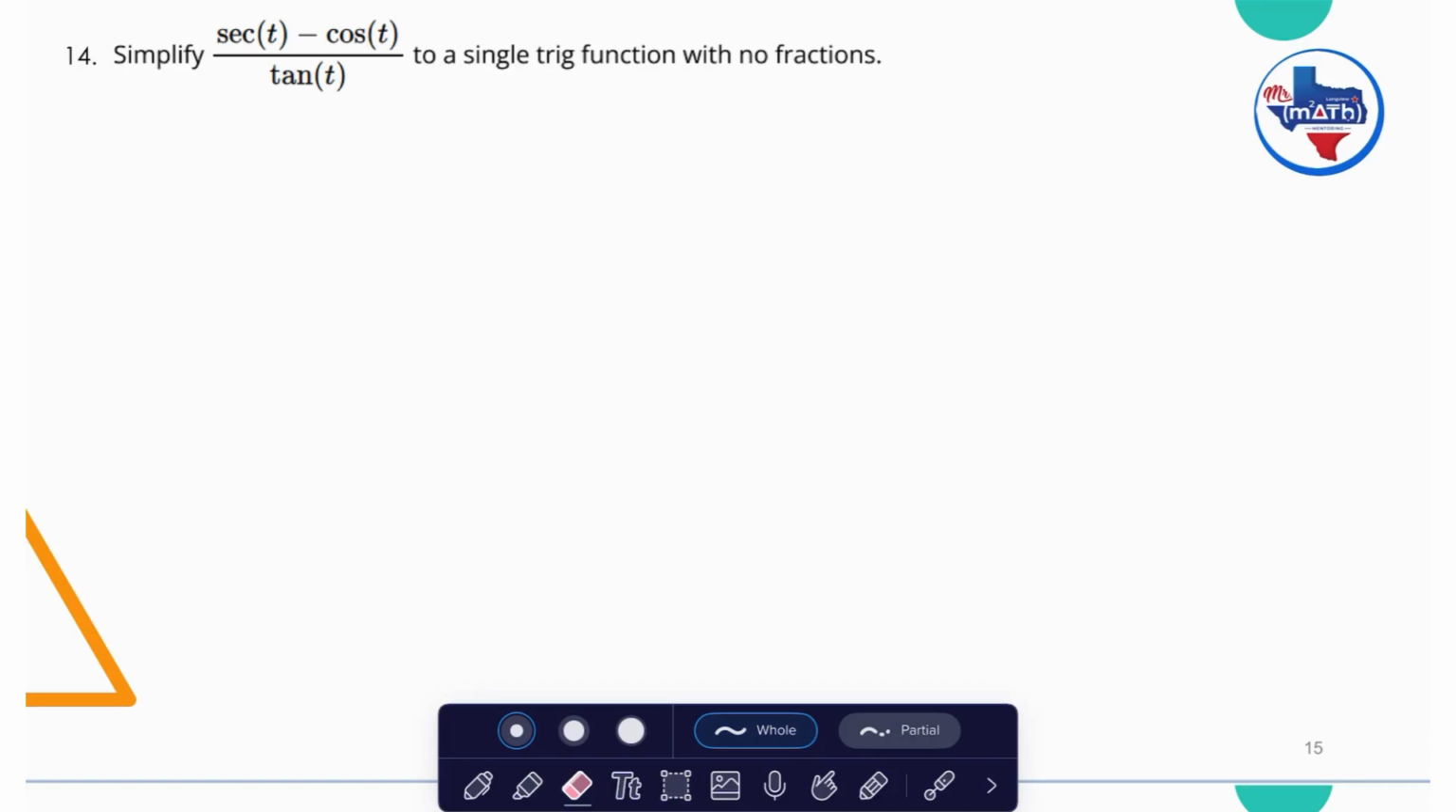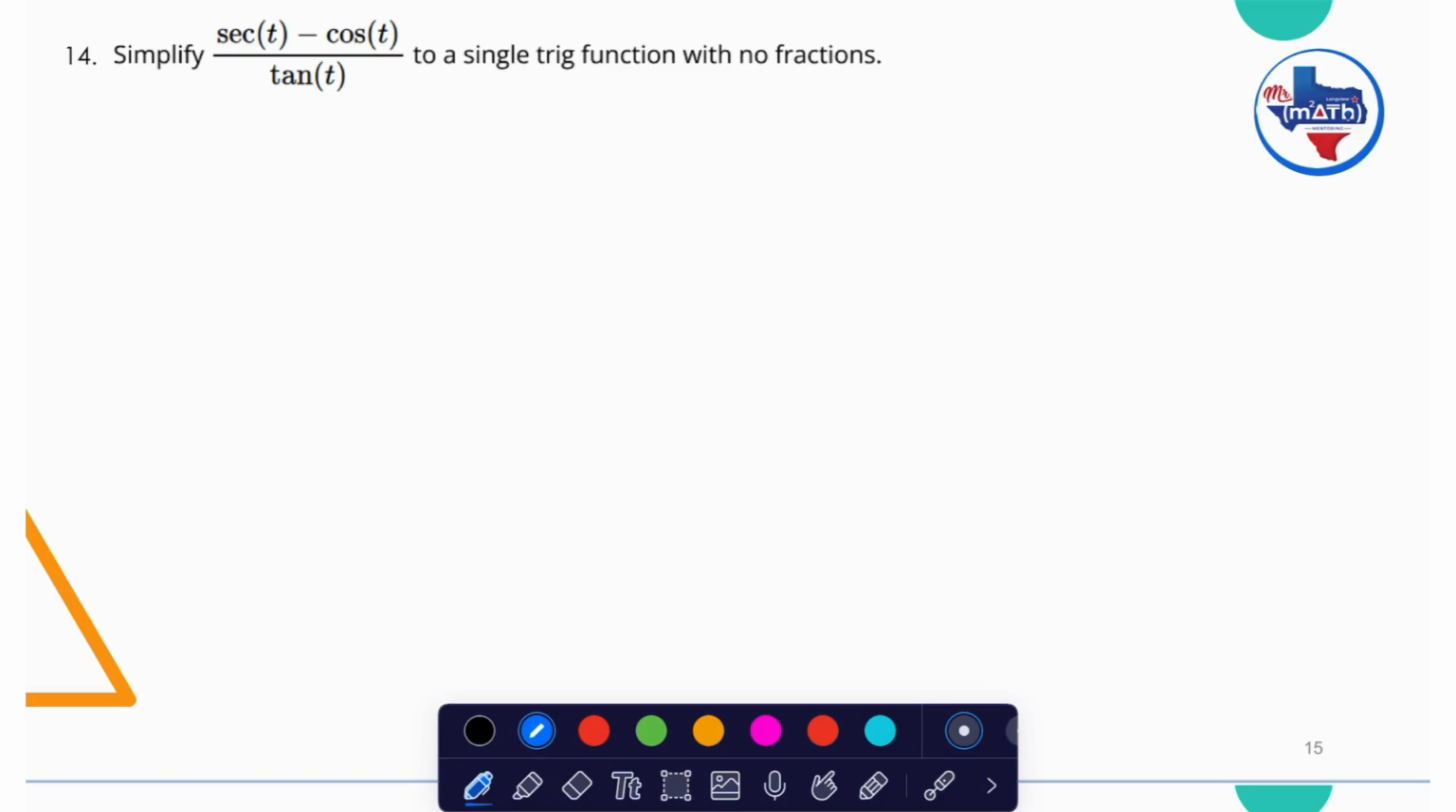Today we're doing a pre-calculus math review. Okay, so let's talk about this question. It says simplify secant of t minus cosine of t divided by tangent of t to a single trigonometric function with no fractions. Okay, we just need to apply the definitions and then do the algebraic processes with these trigonometric